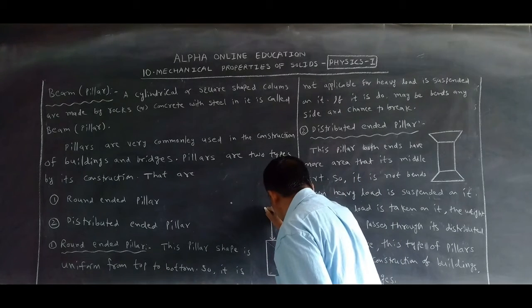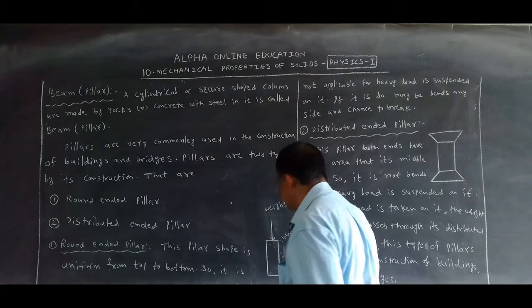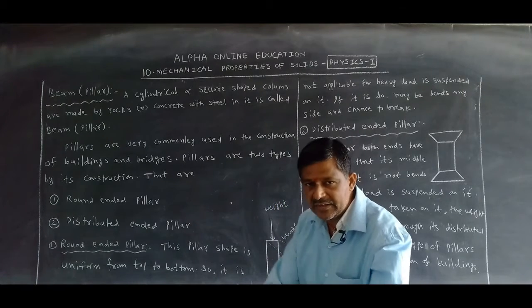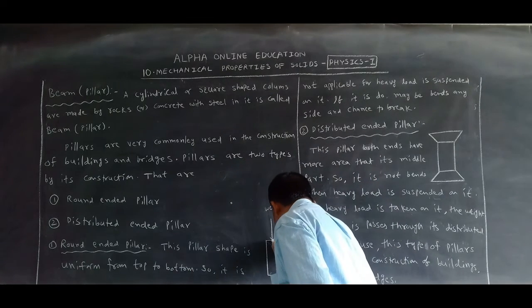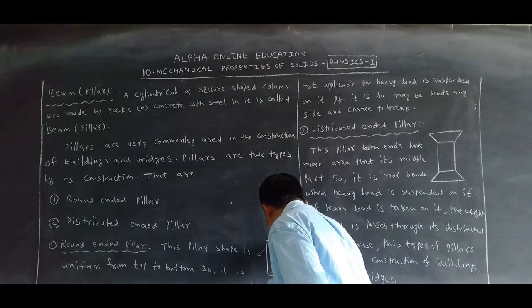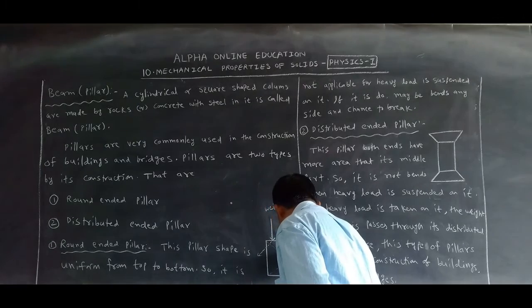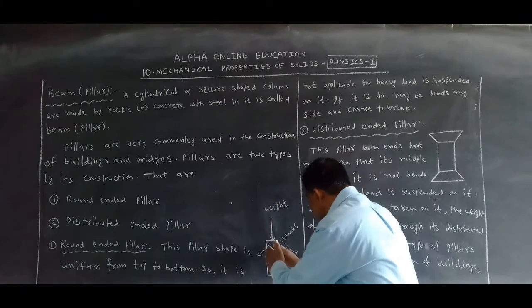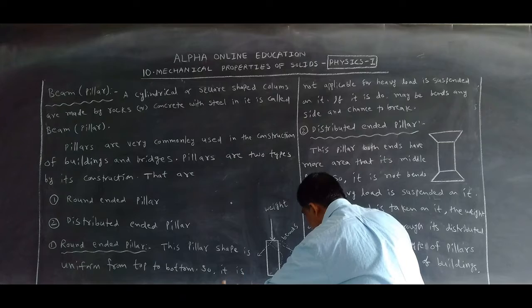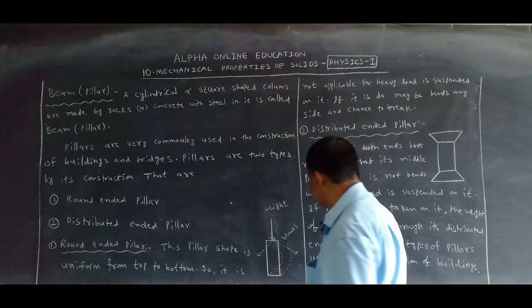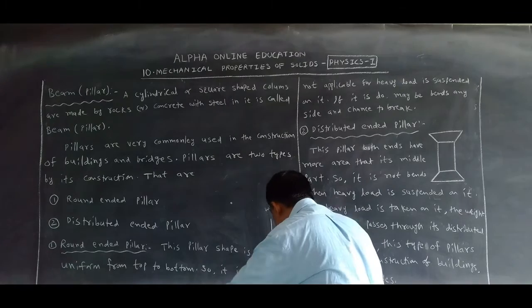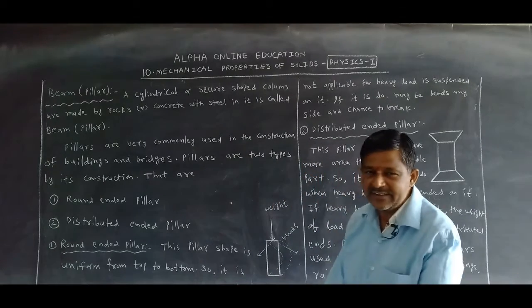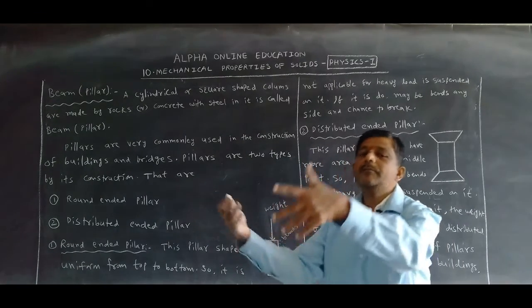This is the load, we can say weight. We know that weight is a vector. A vector is resolved into two components. Take this as one component, this as another component. What happened? These components act away from the rod. When they act away from the rod, that is why there is a chance to bend or break.